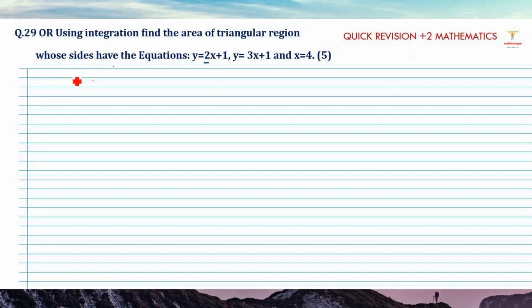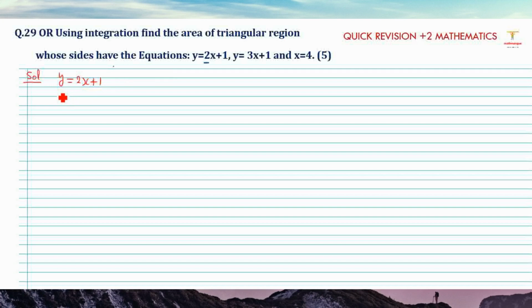हमारा नेक्स्ट क्वेश्चन है: using integration, find the area of the triangular region whose sides have the equations. देखिए, ये आपका क्वेश्चन जो है, this question is from definite integral से आपका क्वेश्चन है। तो चलिए हम डिस्कस करते हैं इस क्वेश्चन को। देखो आपके पास यहाँ पे जो फर्स्ट इक्वेशन है, that is y is equal to 2x plus 1।